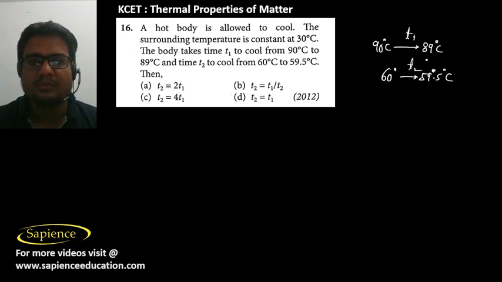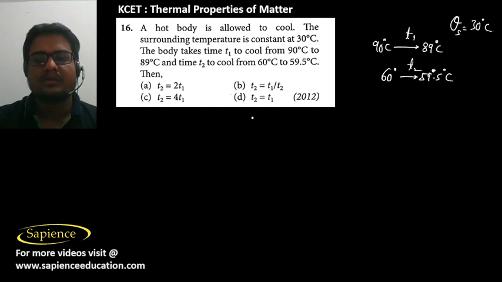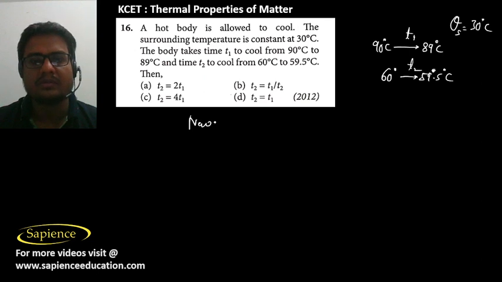So now we have to find the relation between t1 and t2, and the surrounding temperature theta s is equal to 30 degrees Celsius. Here we have to use Newton's law of cooling. So according to Newton's law of cooling,